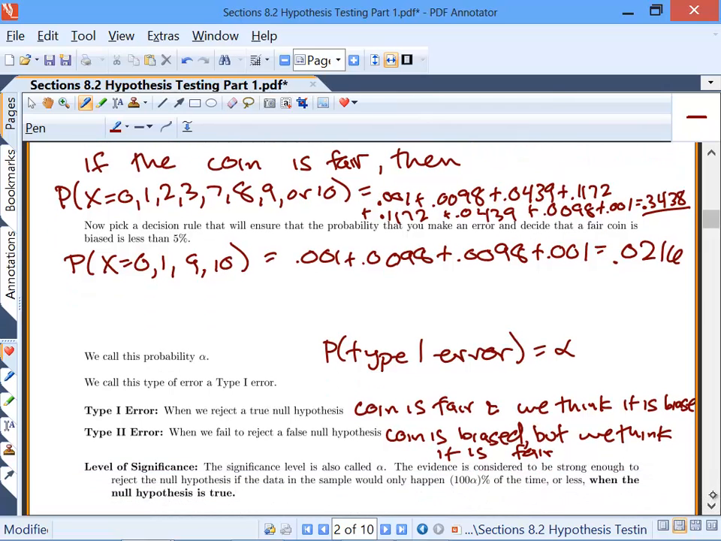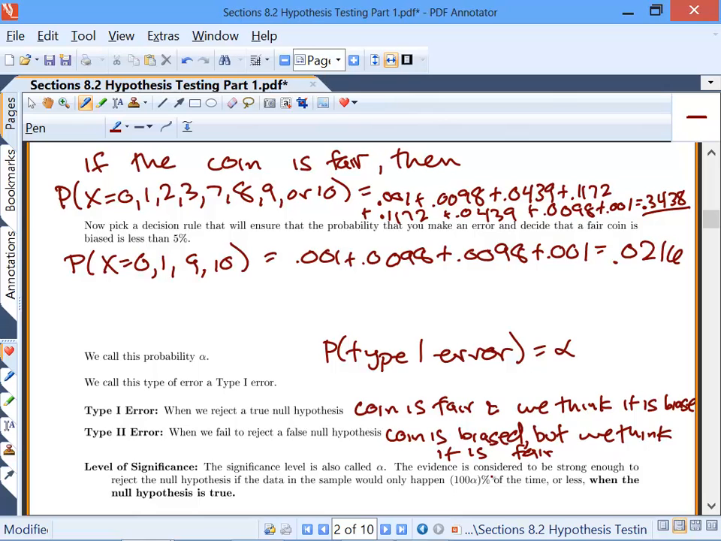Then we also have what's called a level of significance. So the significance level is also going to be equal to alpha. And what this does is our evidence is considered to be strong enough to reject the null hypothesis if the data in our sample would only happen 100 times alpha percent of the time, or less, when the null hypothesis is true. So what this means for us is if the null hypothesis is true,